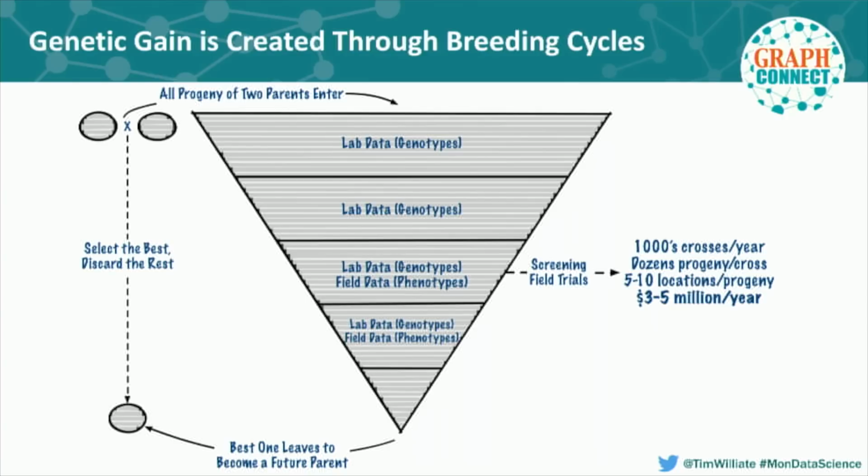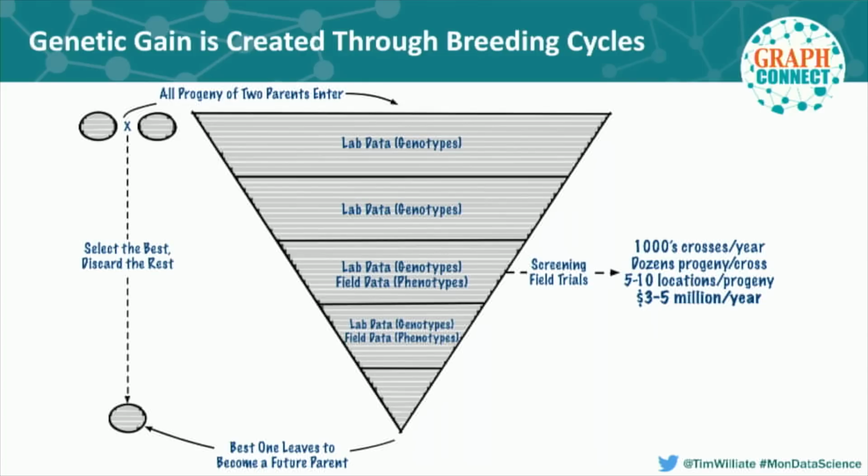A breeding cycle begins when a discovery breeder picks 2 parents, a male and a female, each of which is chosen because they have some set of traits that we want. So one's maybe resistant to a disease, the other grows really well in a certain soil type, and we want to come up with one progeny, one plant that has all those favorable traits and nothing we don't want. So the way that happens is we cross those 2 parents and we generate what might be hundreds of thousands to millions of progeny,